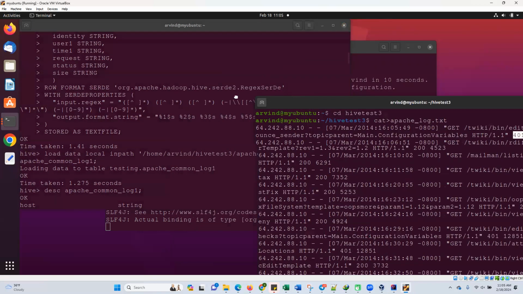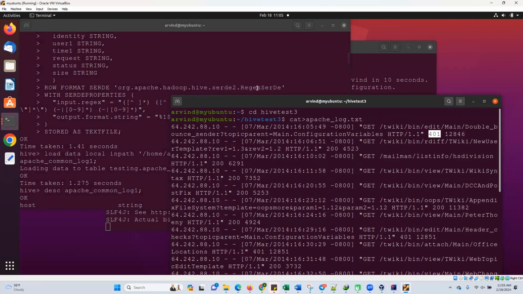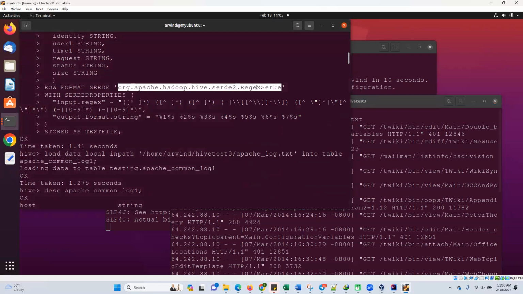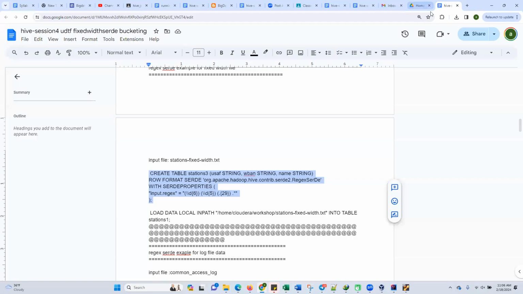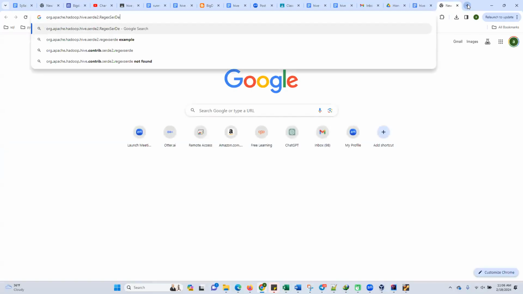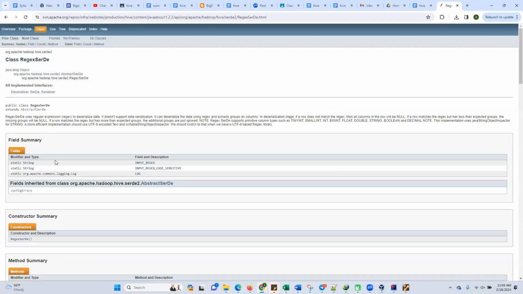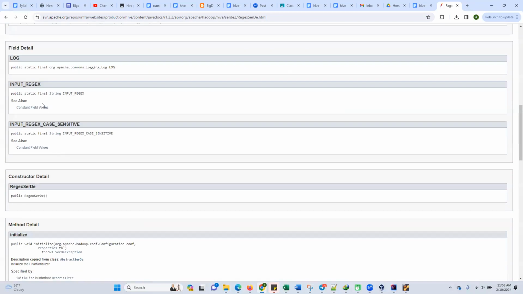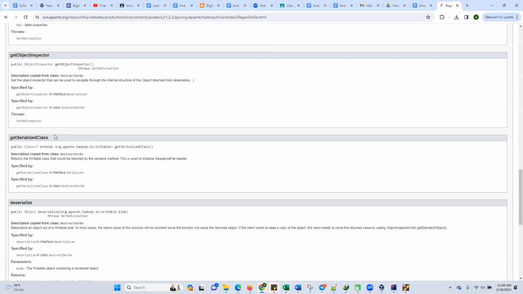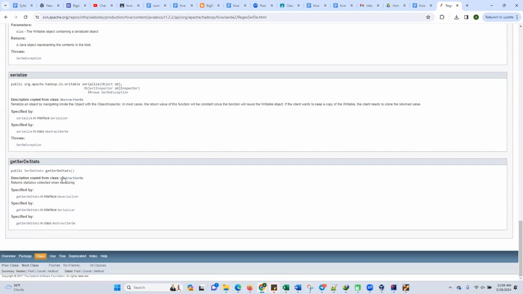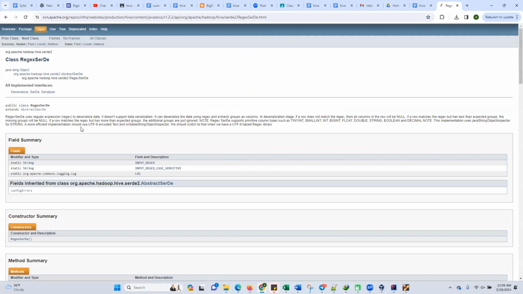How the actual logic is written, that is written in this Java class. If you want to read this Java class, like you want to see what actual code is inside this, they have exposed it, right? They have given it. So if you go to this API, see, this is the RegexSerDe class. These are the methods, like get, serialize, right? These are all class methods of the actual class. If I want to see the source code,